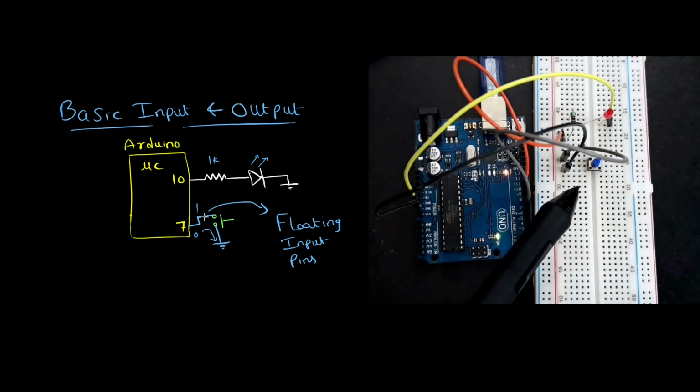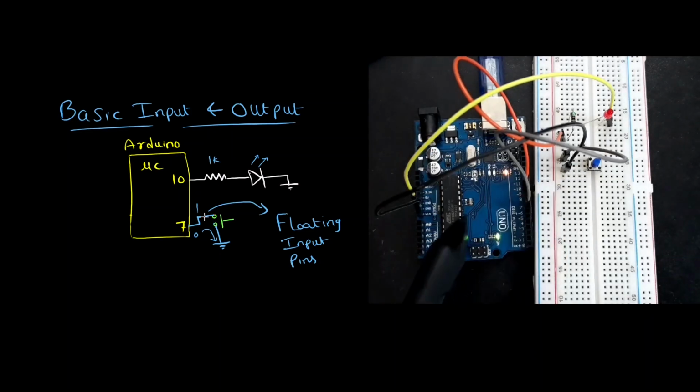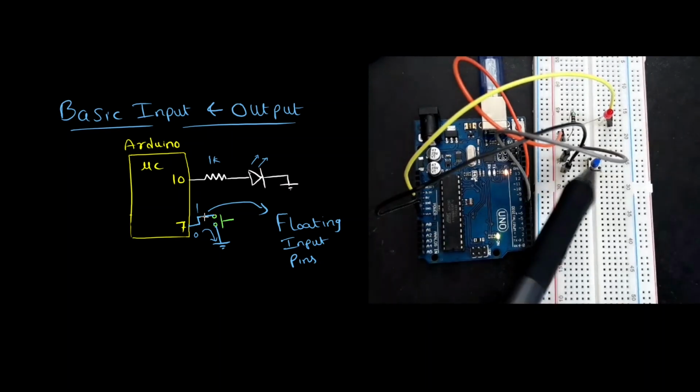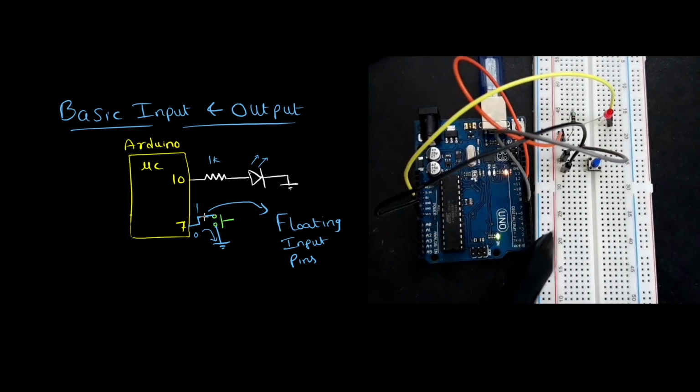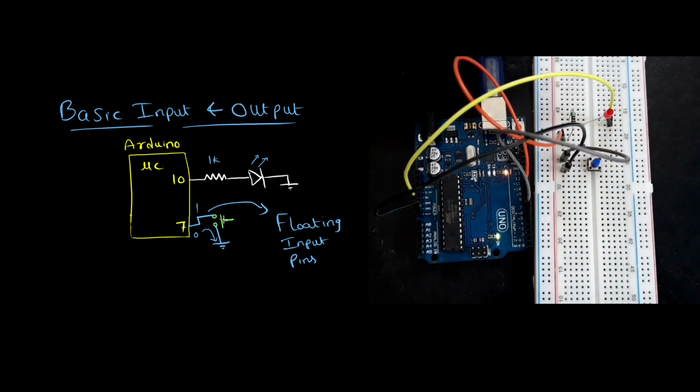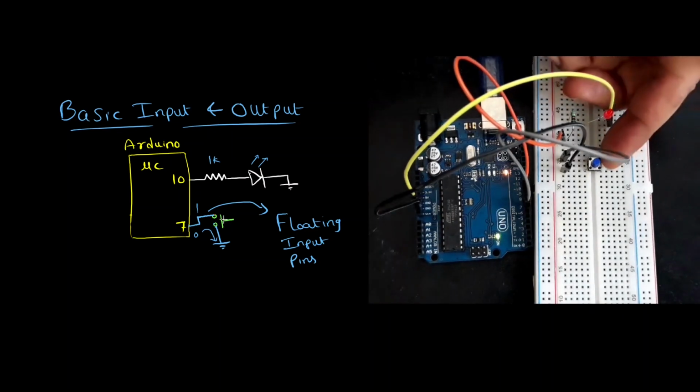You can see here on the breadboard, I have modified the circuit so that the bottom pin of the switch is connected to the ground pin and the top pin of the switch is connected to pin number 7. I have connected this circuit similar to the circuit diagram that we have here. Now in this circuit, even though I don't press the switch, I'm just touching the switch pins with my hand and it's picking up random noise. So this is the problem which is caused by floating pins.